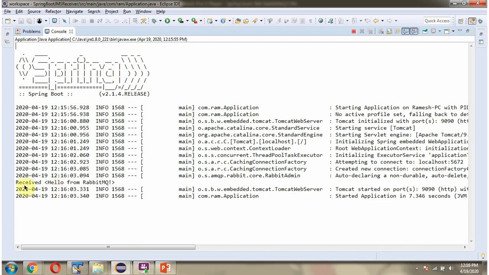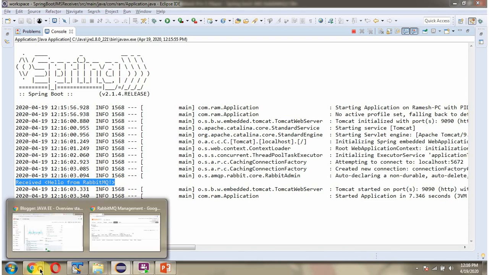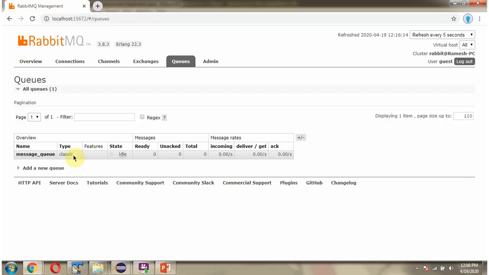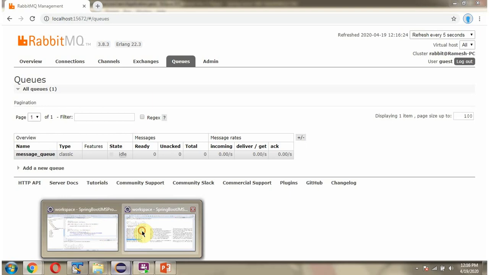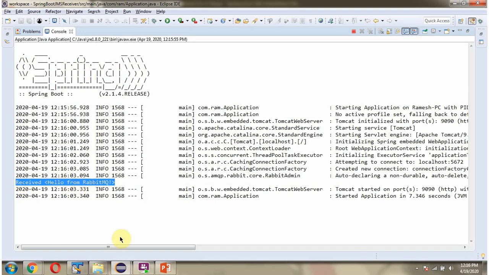You can see it consumes one message, which was there in the queue. Currently you can see there are zero messages, because whatever message was there was consumed by the consumer. Next we will send one more message.